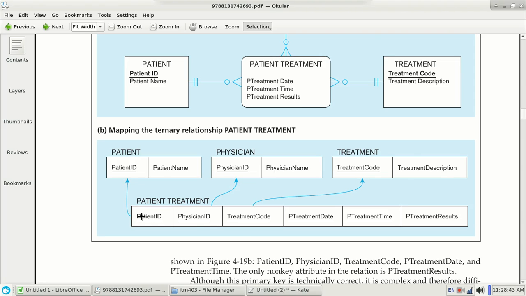Now first of all, we will see whether these 3 foreign keys can make up a primary key in the associative relation. Now we see that they don't, because a patient can go to a physician and get a similar treatment many times. So now the patient treatment has 3 non-key attributes, which are treatment date, treatment time, and treatment results. If we include treatment date and treatment time, these 5 attributes